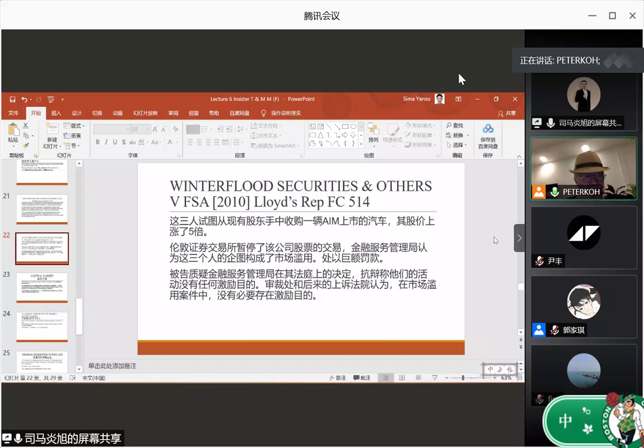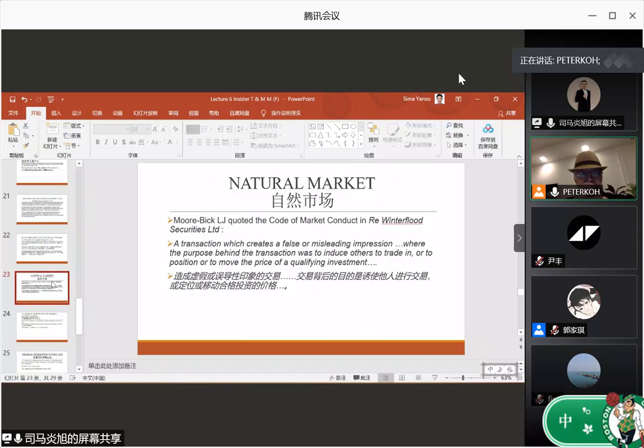OK, 23. Natural market. Investing public 需要一个自然的市场. Now, this Lord Justice is a 上诉院的法官, LJ 是上诉院的法官. So we quoted the market conduct in the Code of Market Conduct in this Winterflood Securities case. The Code of Market Conduct is 市场的法规 and this judge say